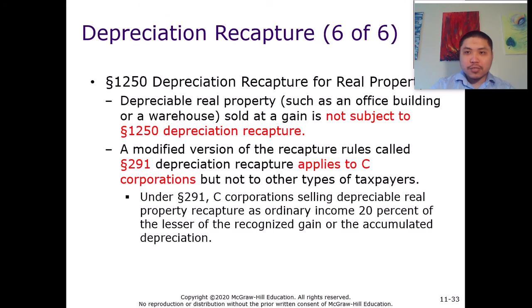So that was Section 1245, and that was the most complex one. So let's talk about Section 1250, which is the other type of subsection asset. So remember, Section 1231 has three